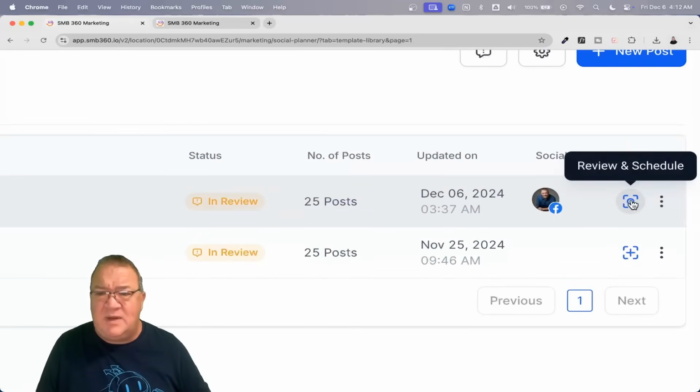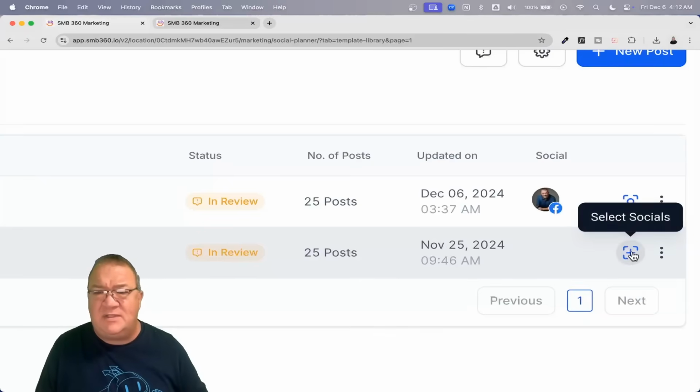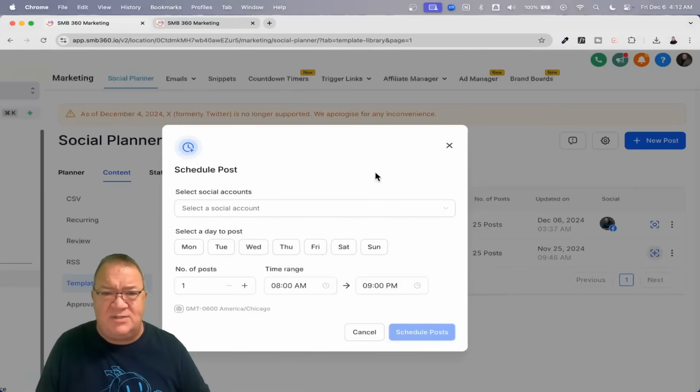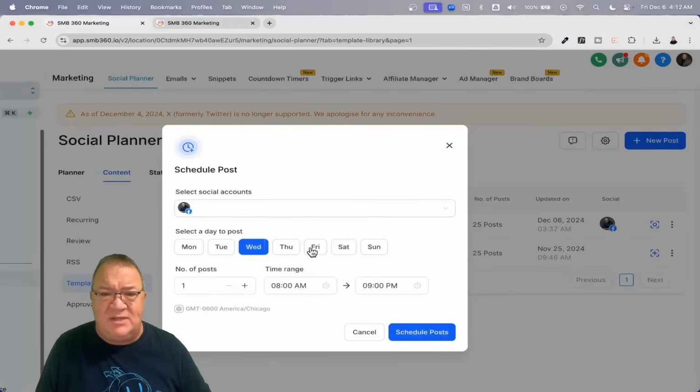So again, the graphics themselves are fixed, but you can change the text in here. So notice when I hover over this, it's review and schedule. This is the second step. You can't use these right away, and that's the reason why I brought these in here. Notice when I hover over this, it's going to say select your socials. So I'm going to go ahead and click on this, scroll back out to let you see what this looks like. I'm just going to choose my Facebook account again and just say, I want these to post Wednesday and